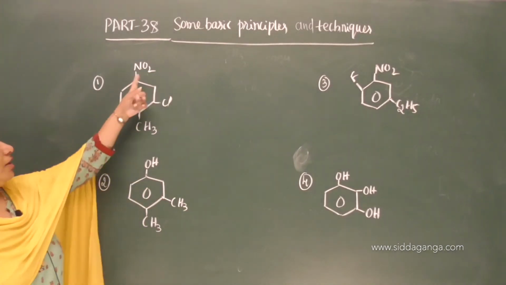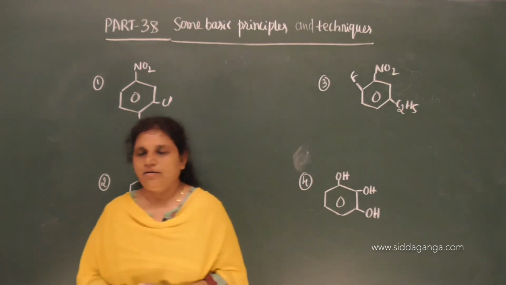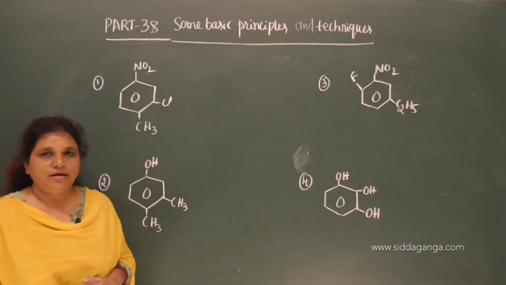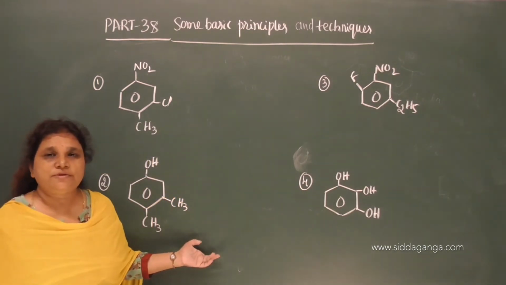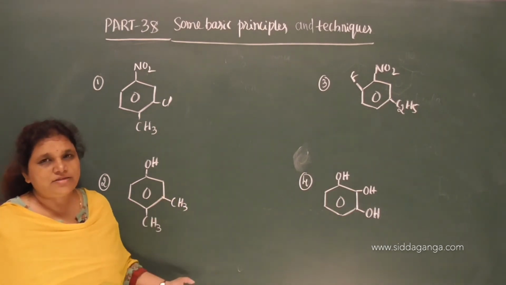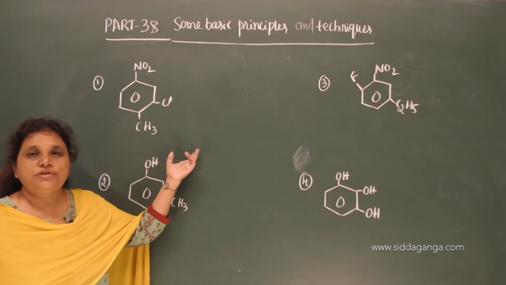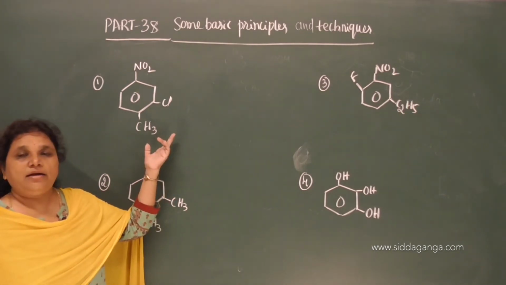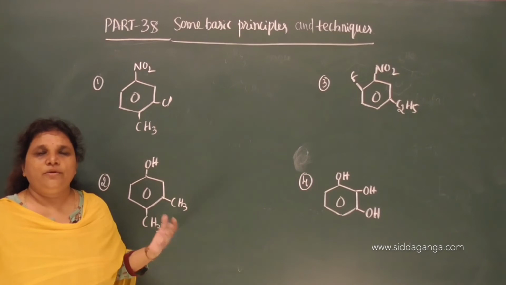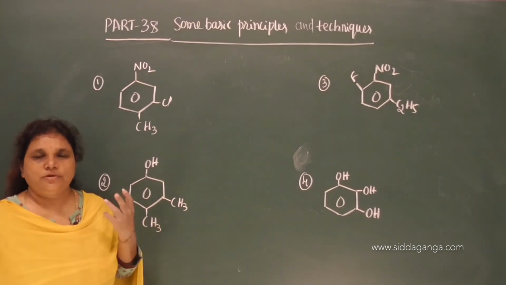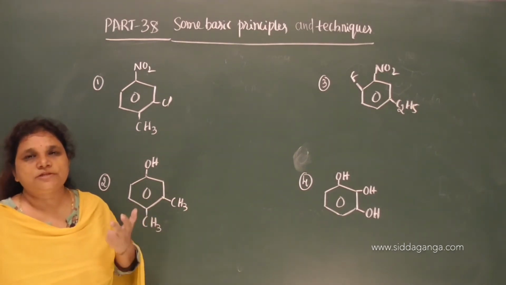Tri-substituted benzene: NO2, Cl and CH3. We need to arrange the prefixes in alphabetical order. And at the same time, while assigning the locants, the sum of the locants must be minimum. So by following all these rules, we need to name this polyfunctional or polysubstituted benzene. But while naming polysubstituted benzene, you have to follow all the rules we followed in aliphatic compounds. So prefixes we need to arrange in alphabetical order, and the sum of the locants must be minimum.